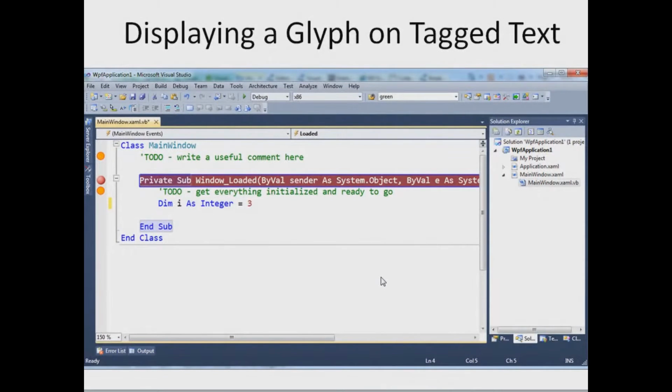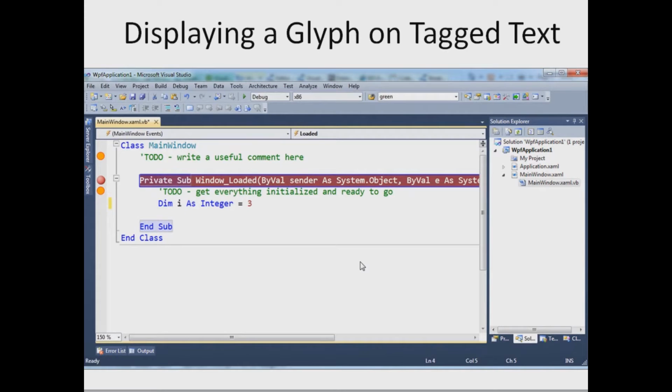Let's look at how to actually code this example that puts these orange glyphs in the margin of lines that have to do on them. This particular example relies on the behavior of the glyph margin. The glyph margin is a managed extensibility framework interface to it, and it looks for classes of yours that export particular attributes. In this particular case, it's going to look for a glyph provider that is a source of glyphs,